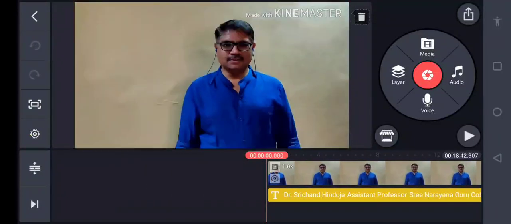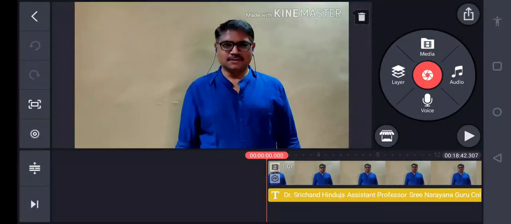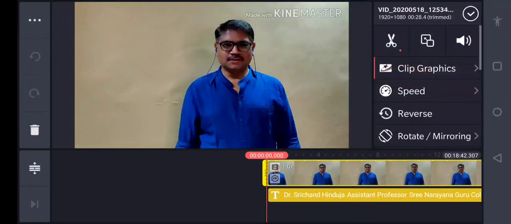Okay, so we have learned how to combine the two videos in the same playhead, and then how to remove the particular unnecessary part. Even in between also you can reduce the parts, and we have learned how to add the animations to the name appearing. Now again this is not looking quite good, so again I am making some changes into that. I am just selecting the videos.